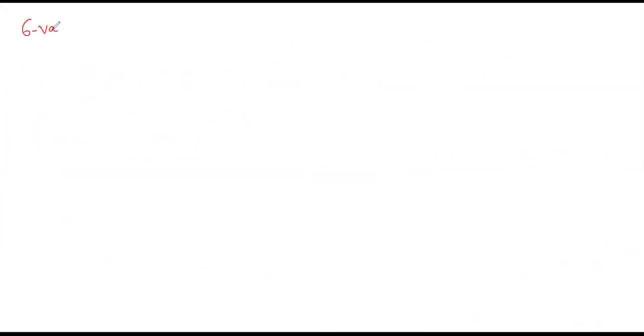6 variable K-map is similar to the 5 variable K-map. We have 6 variables A, B, C, D, E, F, and with 6 variables we have 2 to the power of 6 minterms. 2 to the power of 6 means 64 minterms. We have 64 minterms, and the minterms will be